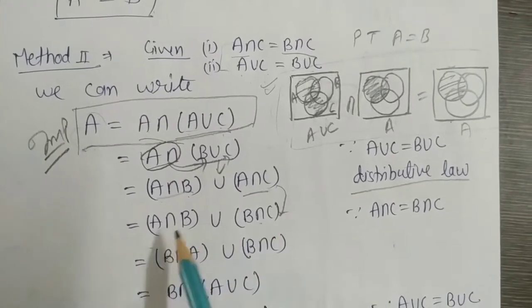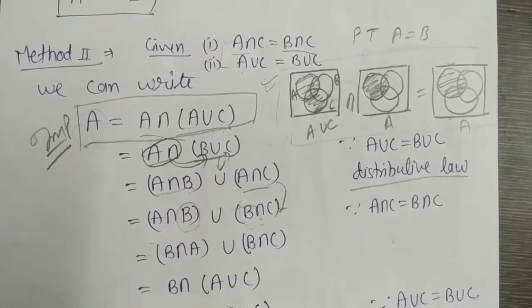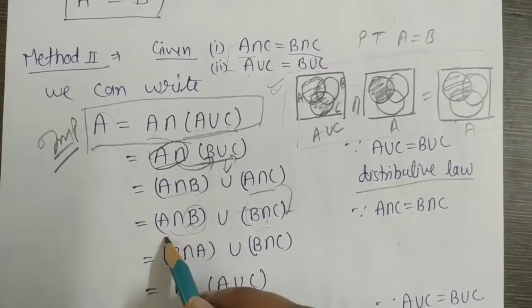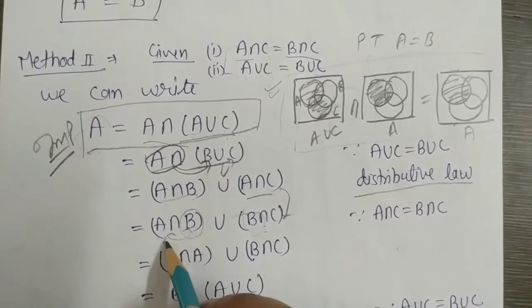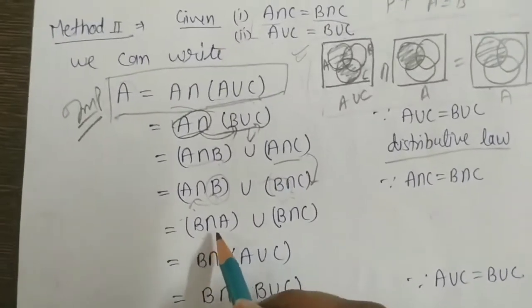Now check. There is some similarity. Again we got B in common. So I have just made it reverse. If I write A intersection B or B intersection A, there is no change. So I have just written B intersection A